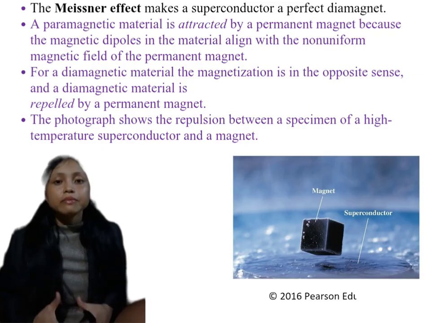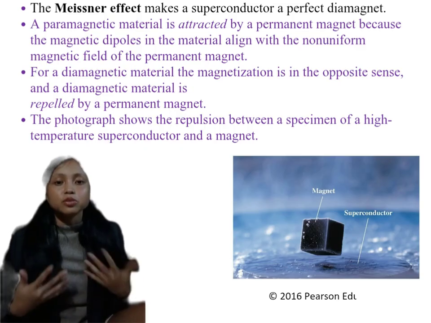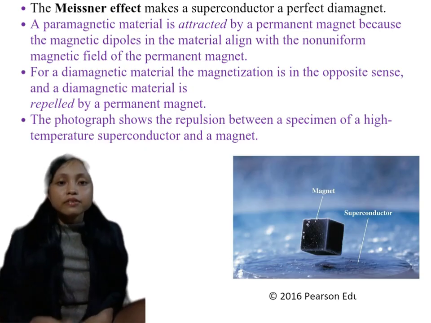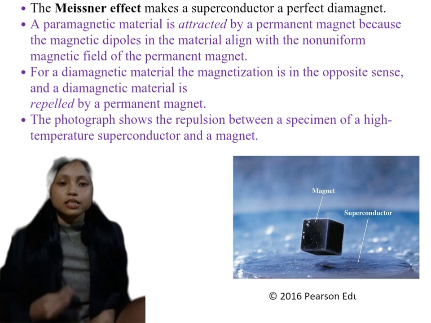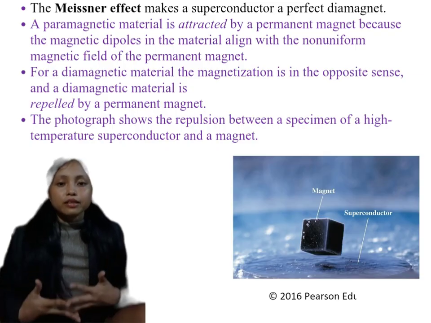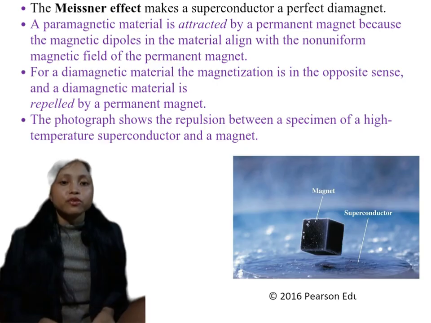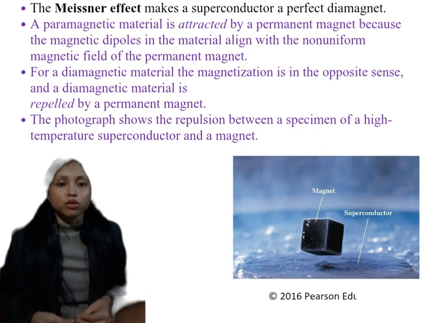So here, a permanent magnet is levitating above a superconducting material. The levitation occurs because the magnetic field of the magnet induces currents in the superconductor. These currents generate a magnetic field that pushes back against the magnet. The upward magnetic force balances the downward force of gravity. When these forces are equal, the magnet remains suspended mid-air. This is what we call superconductor levitation.